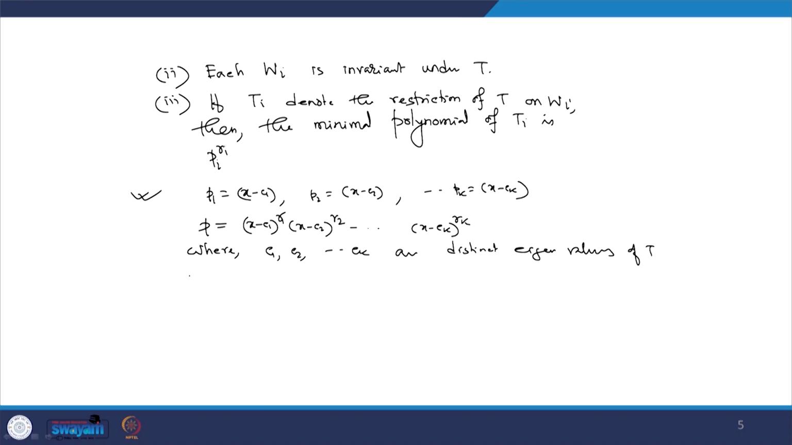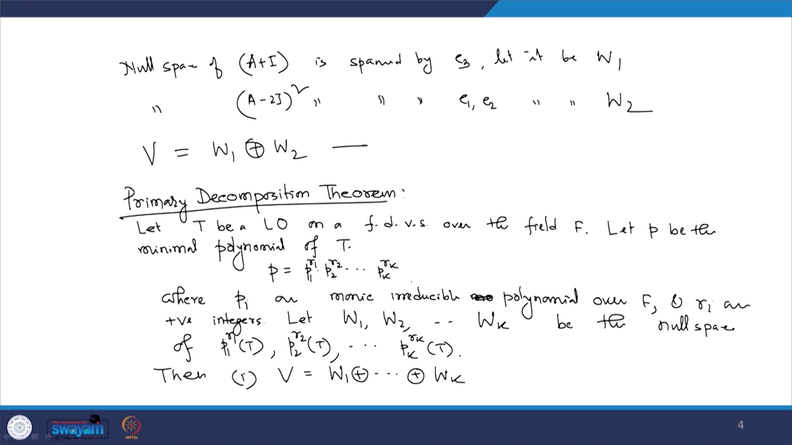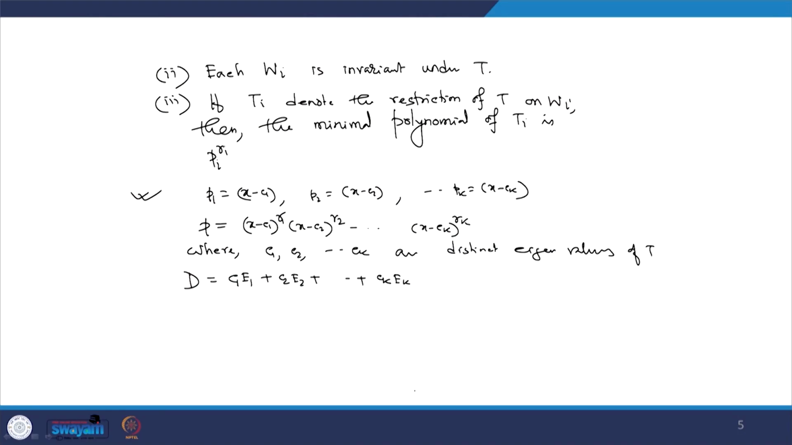Then define D as an operator c1 E1 plus c2 E2 plus ck Ek, where E1, E2, ..., Ek are projection operators. Actually, we will see here that V is the direct sum of W1, W2, ..., Wk. Our previous result says that there will be projection operators on W1, W2, ..., Wk, and in that case the identity operator can be written as E1 plus E2 plus ... plus Ek. Using this same concept, this Ei is basically that projection operator. So, if I define another operator D as c1 E1 plus c2 E2 plus ck Ek, then